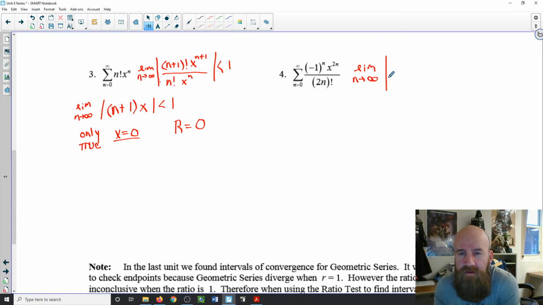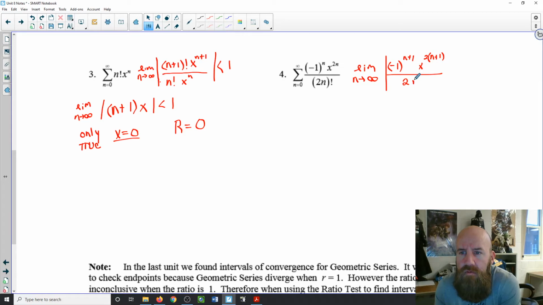Absolute value of -1 to the n plus 1, x to the 2. Now you have to be careful here because we're multiplying n by 2. We need to put this in parentheses. So this is really going to be 2n plus 2